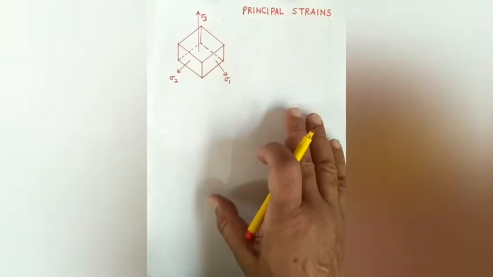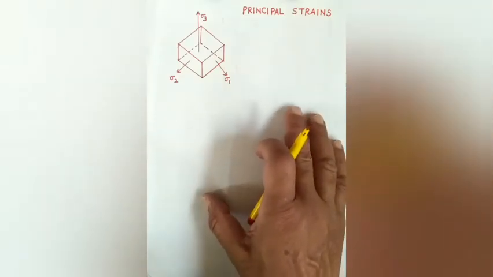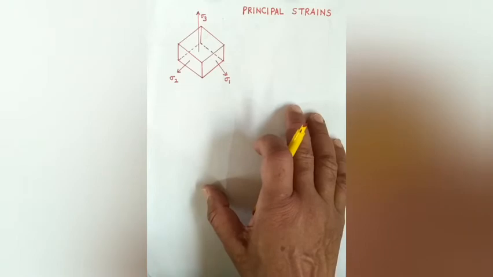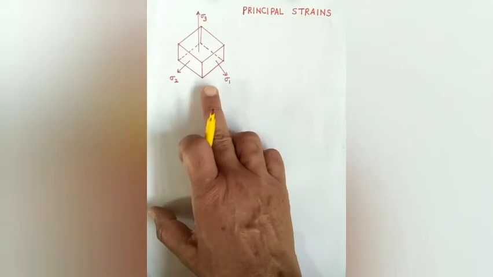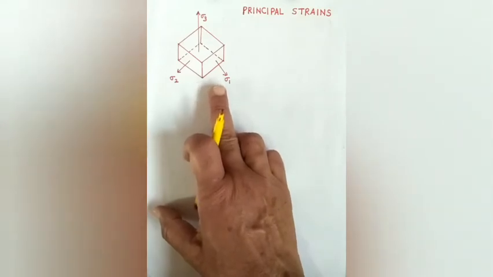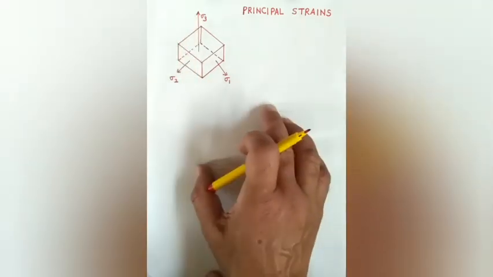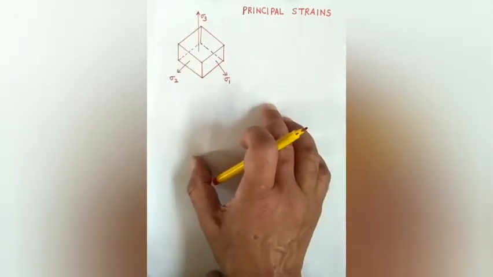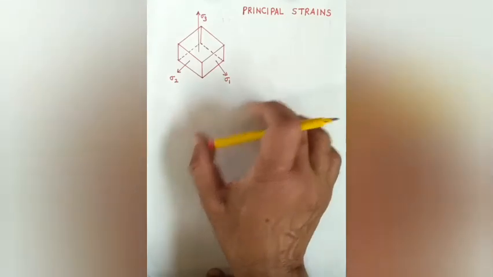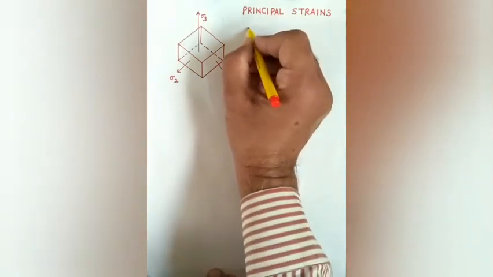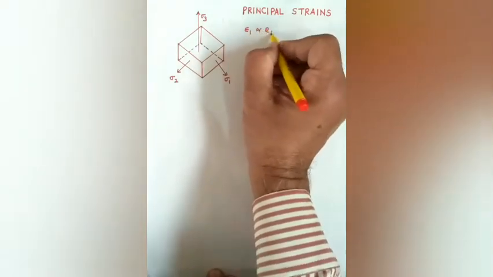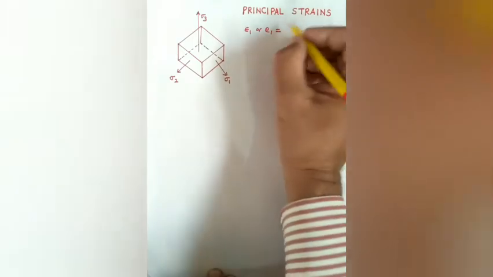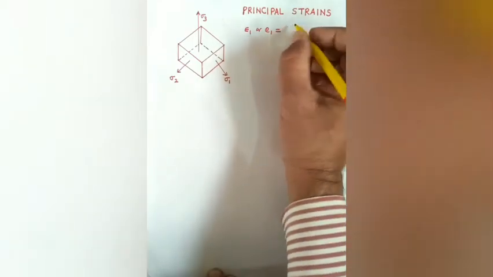Principal strains are strains in the direction of the principal stresses. Let this material be isotropic and subjected to three-dimensional principal stresses sigma 1, sigma 2 and sigma 3, which are mutually perpendicular to each other. Then the principal strains epsilon 1 or E1 can be written as per Hooke's generalized law, and taking